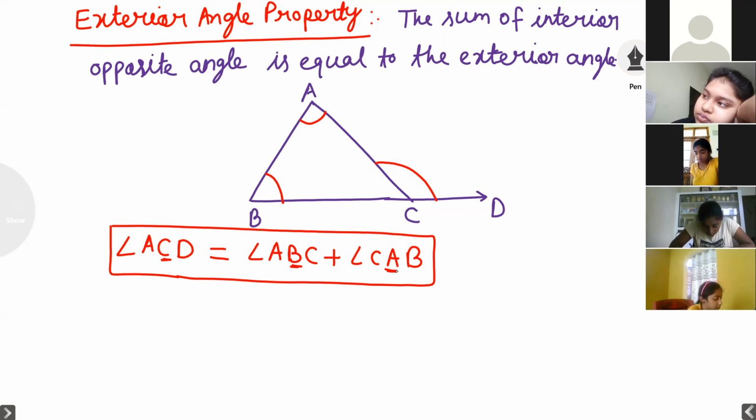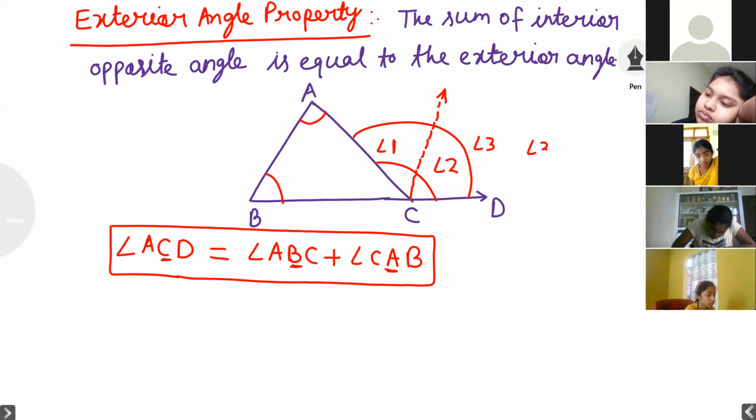In this concept you are observing, students, if I want to divide this angle, then this is angle 1 and this is angle 2. And the total angle we can assume is angle 3. I can write here: angle 3 is equal to angle 1 plus angle 2, because the complete angle is 3, and 3 is dividing into two parts. The bisector of angle 3 gives angle 1 plus angle 2. That also note down.